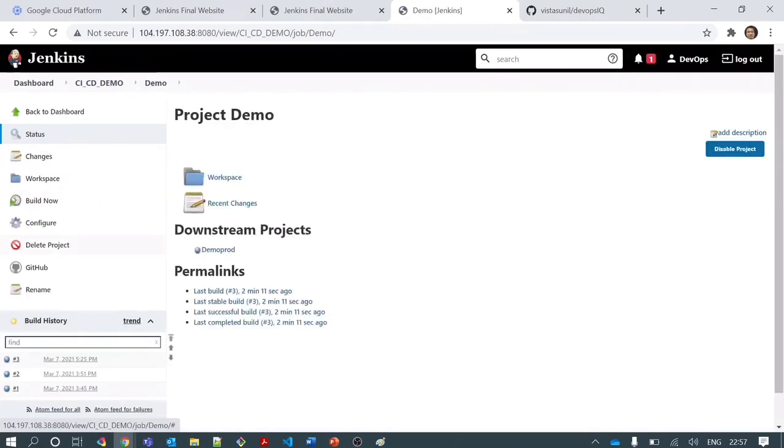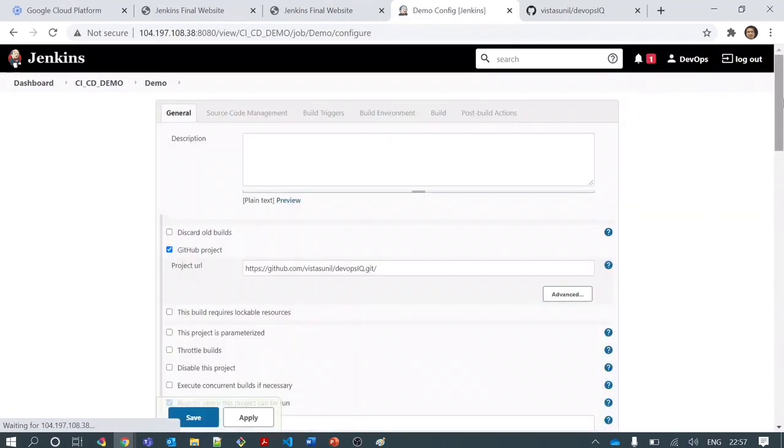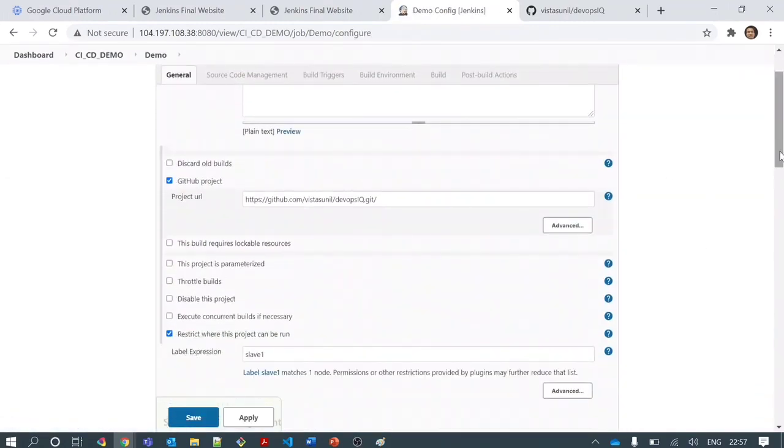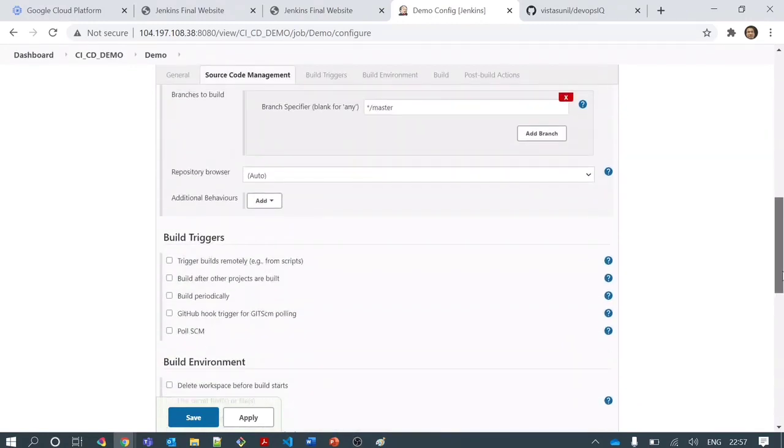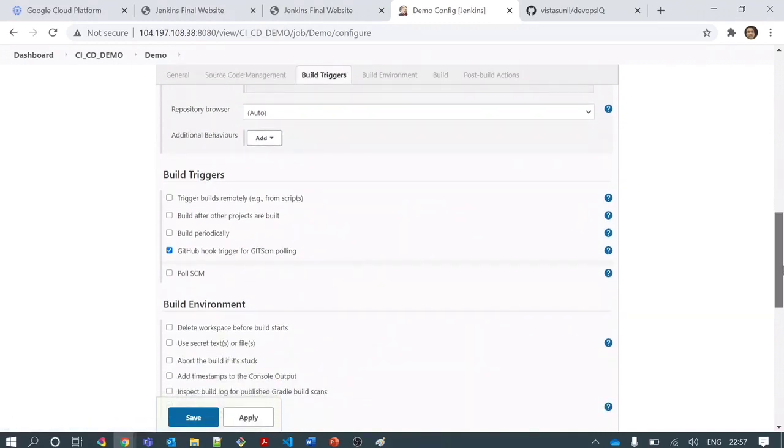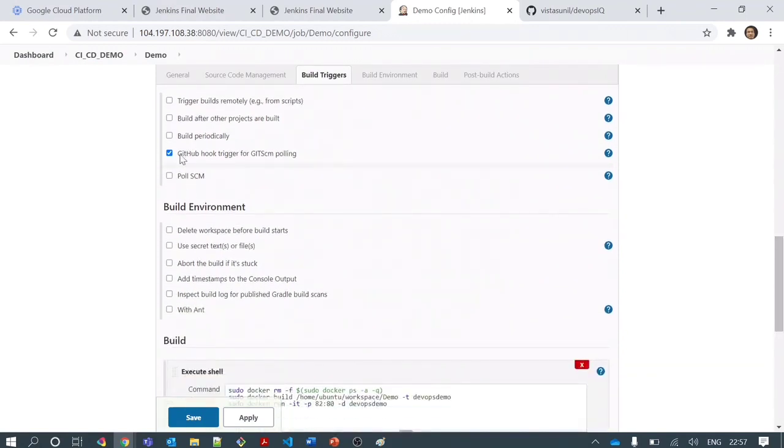Sorry, I need to go to the job and click on configure, and here I need to check the option for GitHub hook triggering. Until it is checked, it will not trigger this job with the webhook enabled. So this option needs to be enabled here and saved.